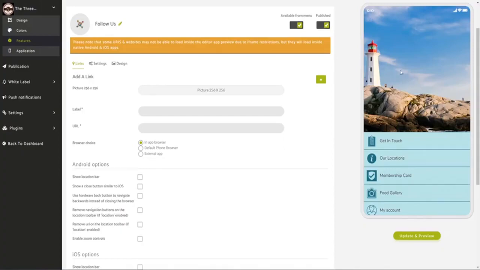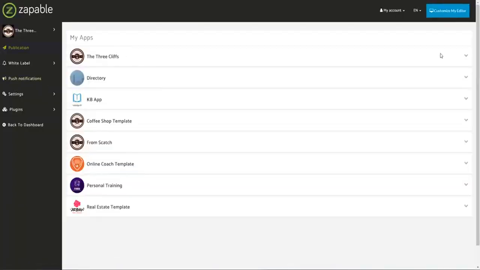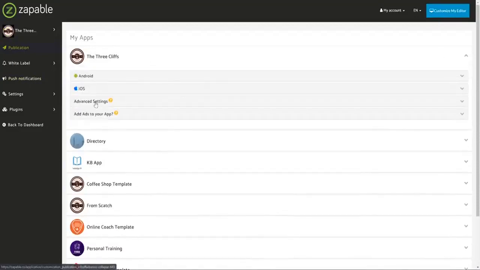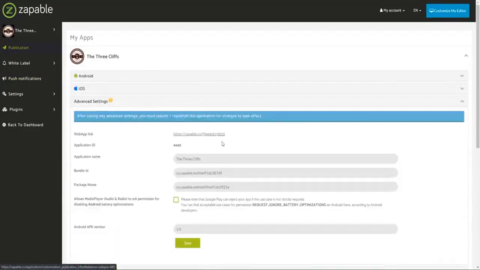Now, to share this application with your users, or with the potential businesses, initially you can just share from the publication screen. You've got a web link, so if I go to the 3 Cliffs here and expand and go to advanced settings, you've got a web app link here that you can send to the user. Okay, or what you can do is create something like